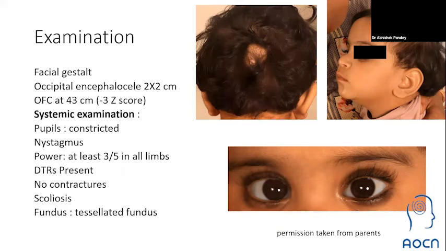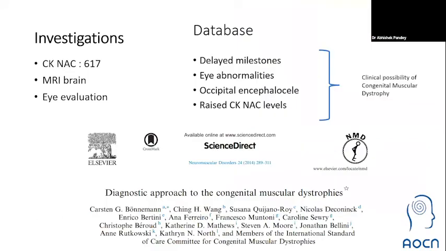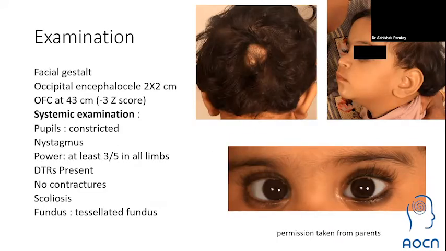She had a small head. It looked larger, but her head circumference was around -3 z-scores. She had characteristic eye findings: constricted pupils, nystagmus, and a squint. On neurological examination she was hypotonic. Her reflexes were brisk. There were no contractures. There was mild scoliosis present, and her fundus showed a tessellated fundus, which is seen in myopic eyes. So we went on. A hypotonic child with developmental delay with encephalocele